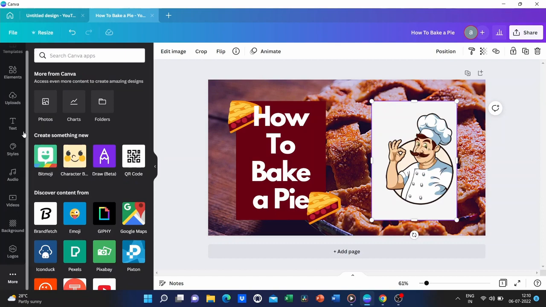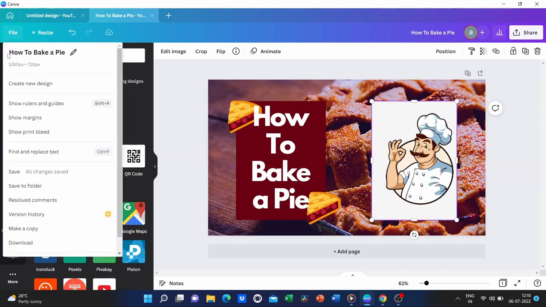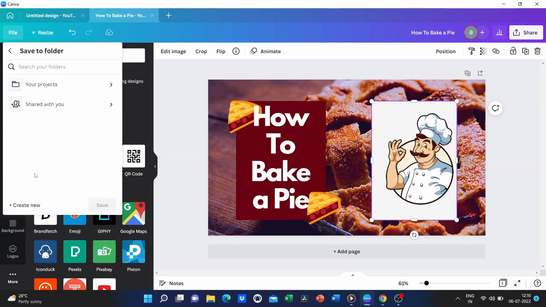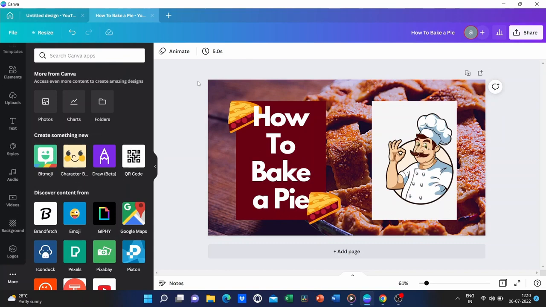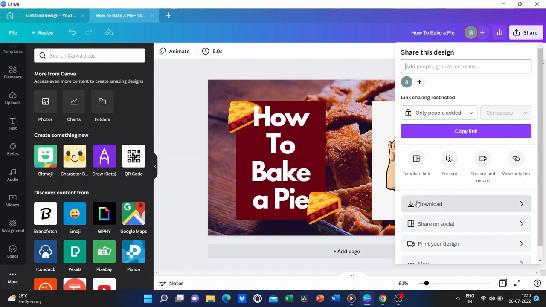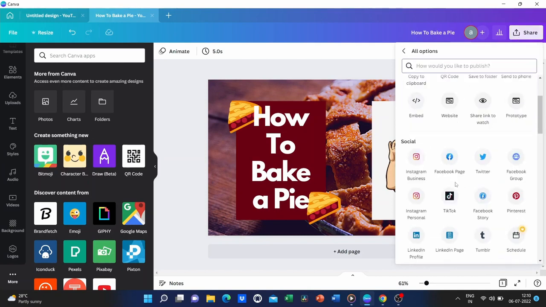If you go to File and Save to Folder, then you can add this to the folder of your mockups and whatnot. We don't have a folder, so we're not going to do that, and instead, we're going to download this right now. You can download it by clicking on this download button on the top right, or you can click on Publish and click on Download.